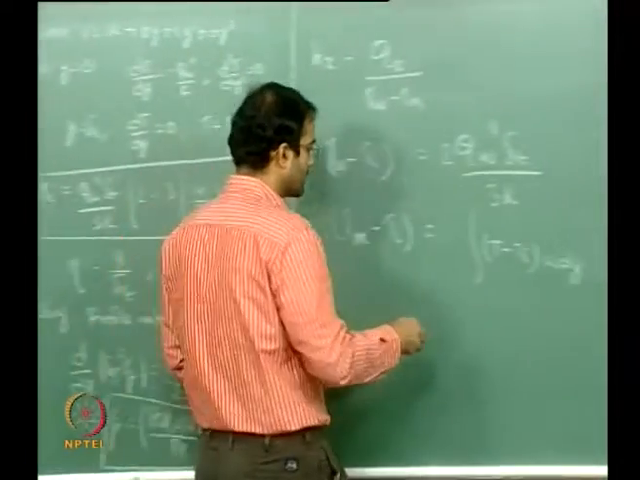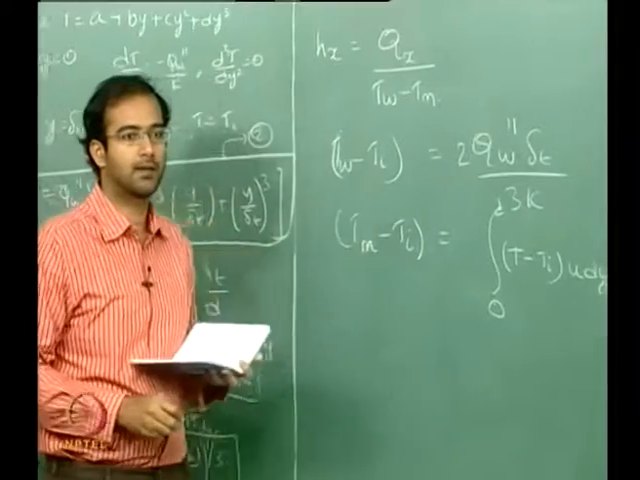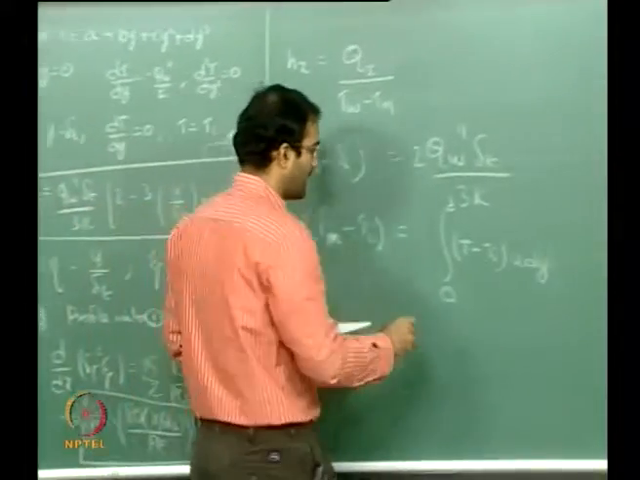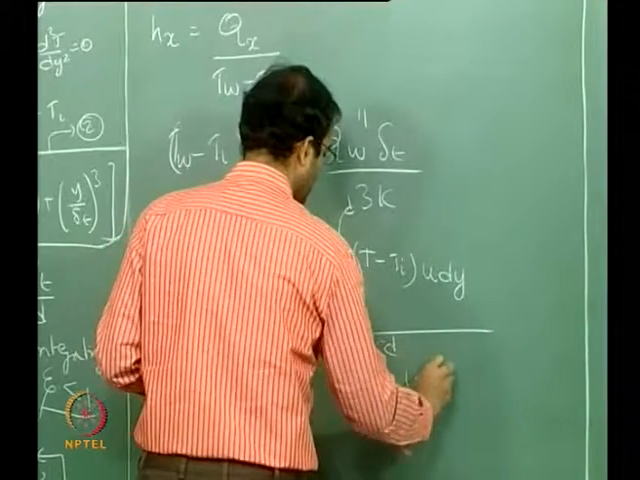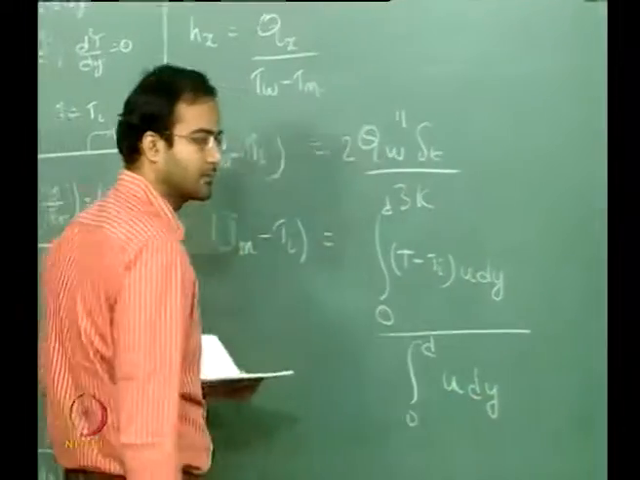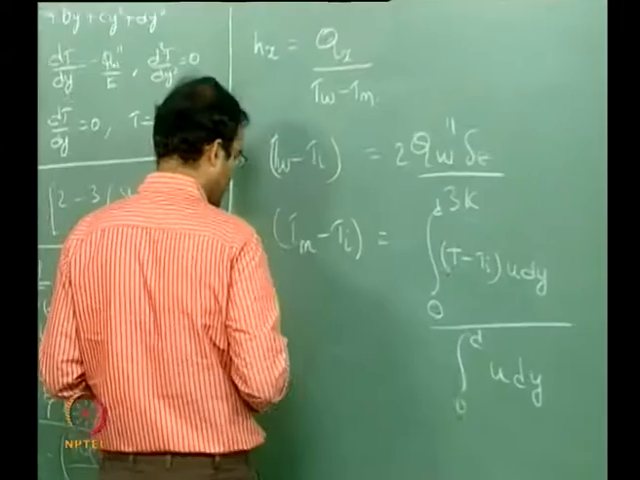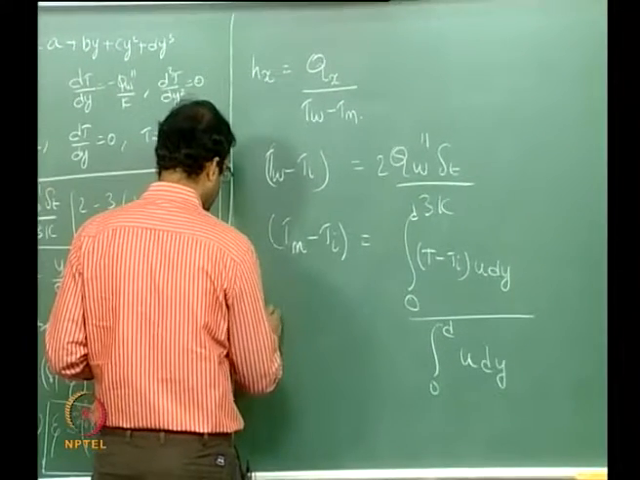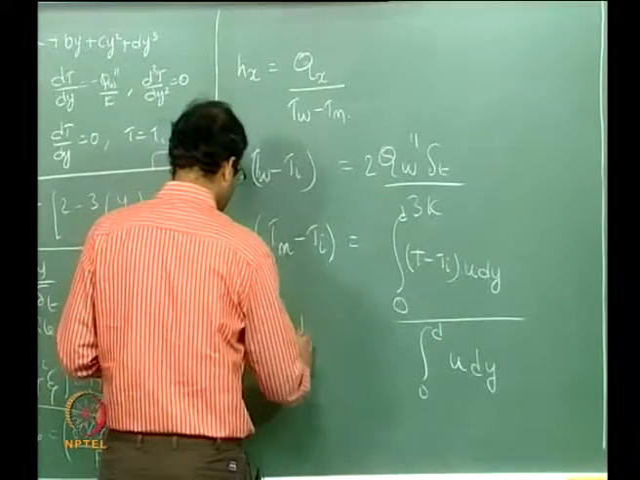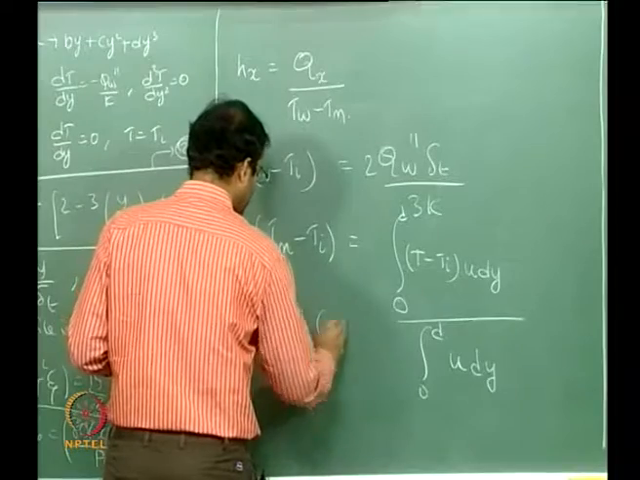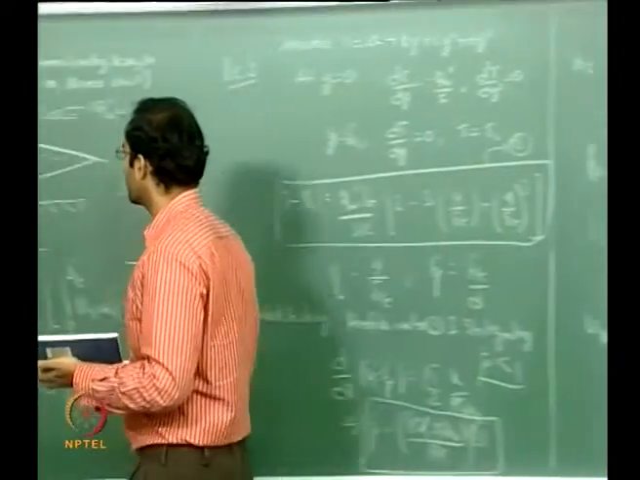So therefore we will do this integration from 0 to d, because this is a mass weighted average we are taking, and divided by 0 to d u dy, okay. So we know that I can calculate my mean velocity based on 1 by d integral 0 to d u dy. So I can define a mean velocity